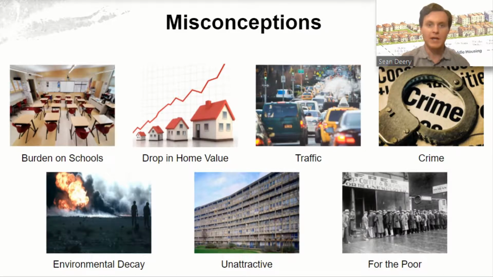For property values, a study from the National Association of Home Builders showed that houses within 300 feet of an apartment or condominium building went up 2.9% a year, compared to 2.7% appreciation rate of houses without multifamily housing nearby. For traffic concerns, the average daily car trips of a single-family home was 10 trips per day, while the average daily trips of an apartment was 6.3 trips per day, and condominiums and townhomes averaged 5.6 trips per day. In addition, a study showed that doubling density decreases vehicle miles traveled by 38%.